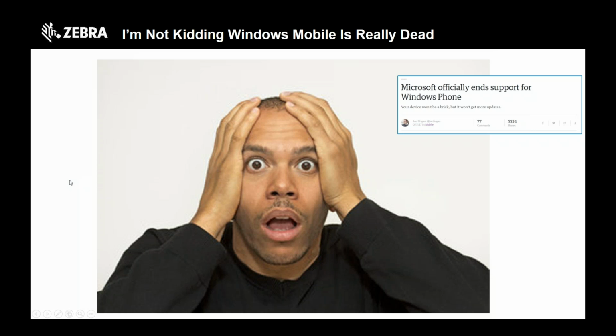The other premise that's impacting our change is the fact that Windows 10 Mobile is gone. There's no Microsoft migration path from Windows CE and Windows Mobile, our traditional legacy platforms, into something that's next from Microsoft. They don't have a mobile strategy. In October of last year, they pretty much put their stake in the ground and said that they are no longer going to do any further development on their mobile platform.